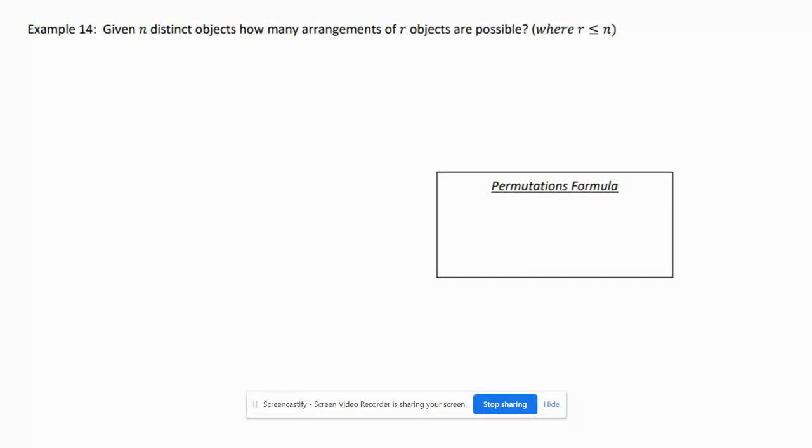Okay. So what example 14 is saying is that we're trying to generalize what we just talked about in example 13. So if we have n distinct objects, how many arrangements of r objects are possible, where r is less than or equal to n? Well, here's the formula. It's going to be nPr, and I'll explain what this means in a second, equals